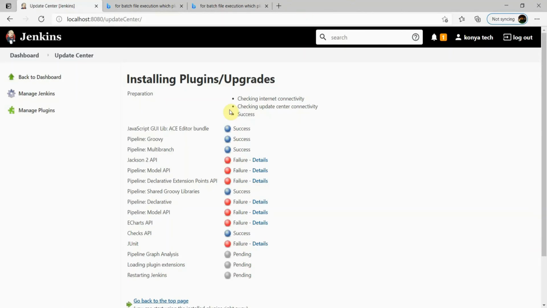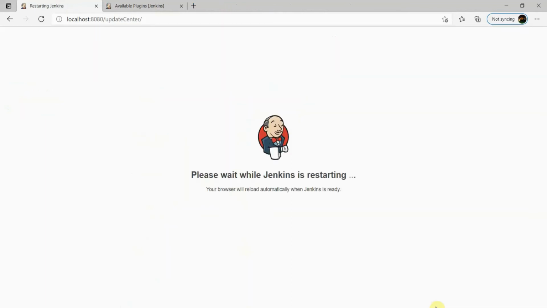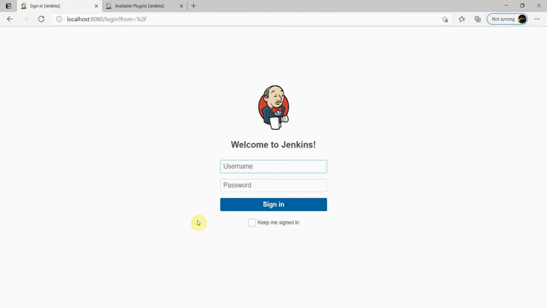So plugins are still in progress. Let's wait until it gets completed. Jenkins is getting restarted. So we have to provide the admin username and password.